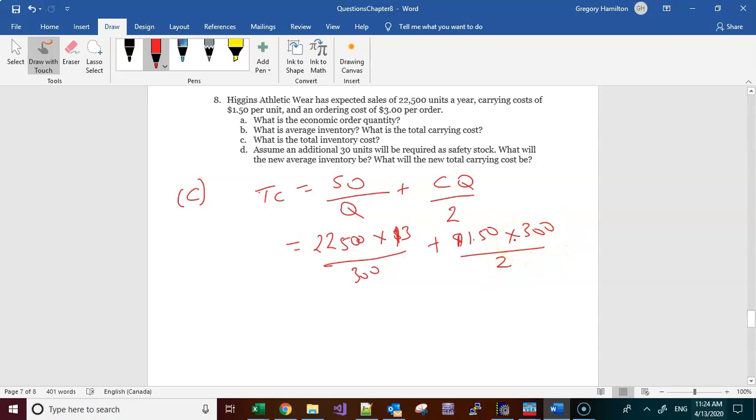Because Q is our quantity, S is our sales unit, and we have O, our ordering cost, and we have carrying cost, which is C, and that's 150. All right, so based on that, we have